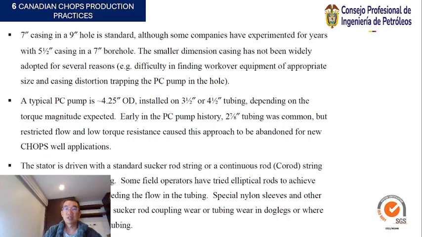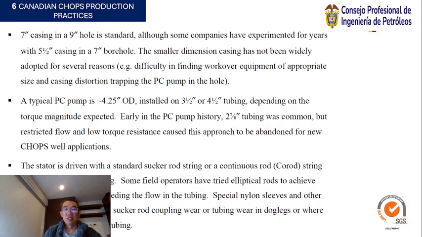The smaller dimension casing has not been widely adopted for several reasons: difficulty in finding workover equipment of appropriate size, and casing distortion trapping the PC pump in the hole. A typical PC pump is a 4.25-inch OD installed on 3.5-inch or 4.5-inch tubing, depending on the torque